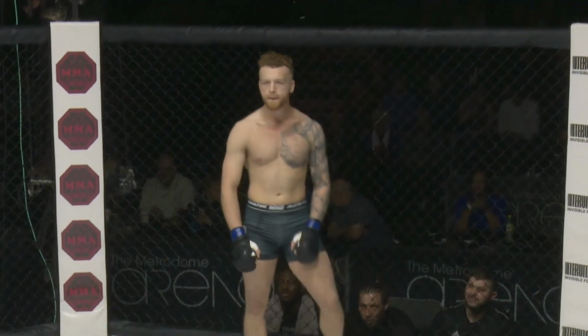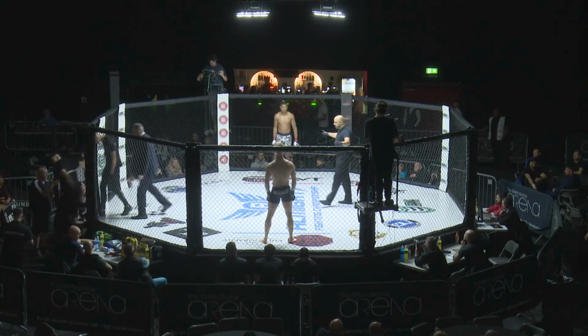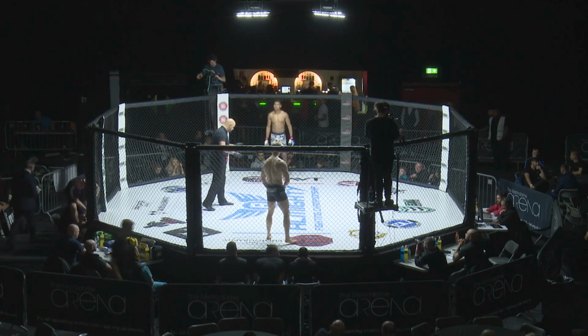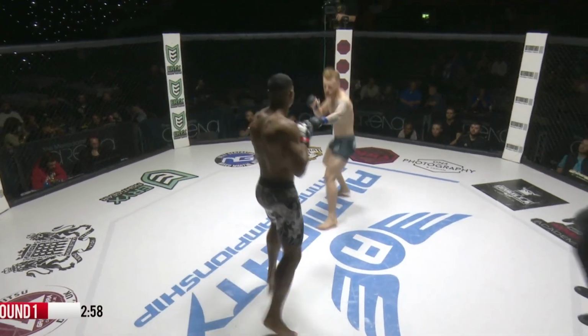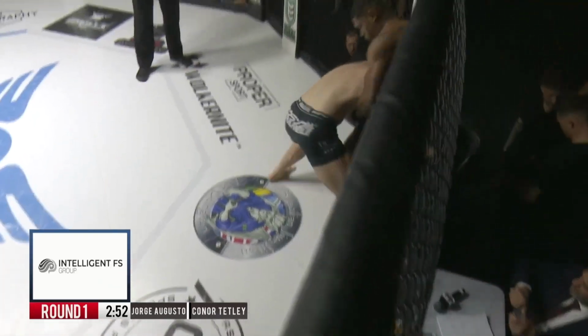Your referee, Mr. Paul Crossman. Ladies and gentlemen, cage is clearing for this amateur welterweight contest. Conor Tetley fighting out of the blue corner, in the gray shorts representing Nottingham MMA, as he takes on Jorge Augusto, the Manchester Predator, in the black and white patterned shorts. Coming out heavy with a right hand was Tetley, and immediately in on that single leg,